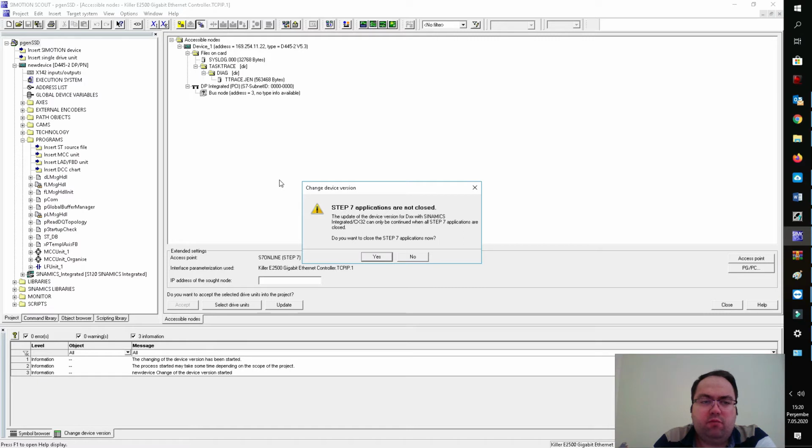In my project the Simotion Scout will change the template and upgrade the firmware of the current components, both for the Sinamics side and the Simotion side. So that means the program structure will be changed for the hardware and software. That's why first I have to close the opened programs for Step 7, hardware configuration and so on.